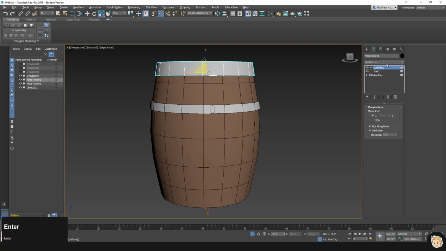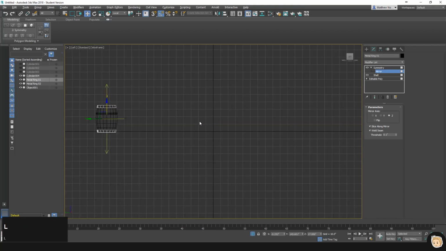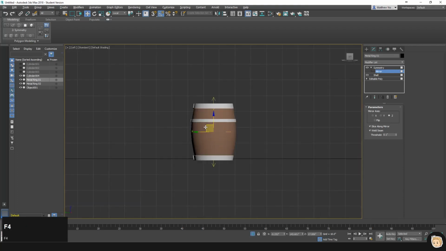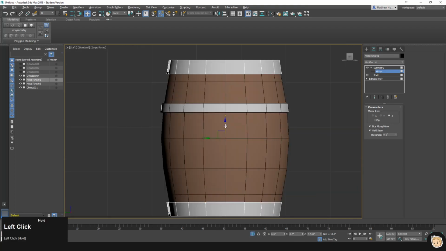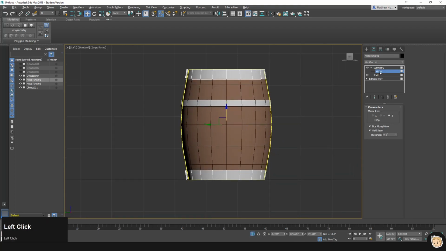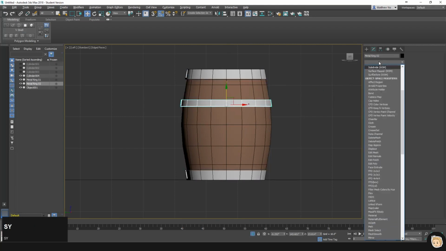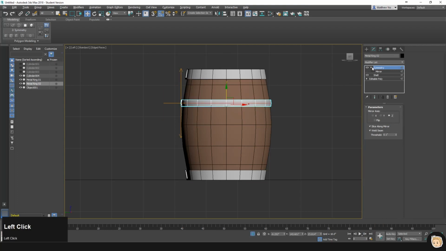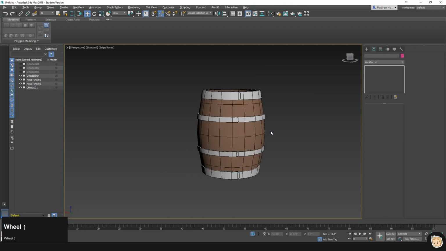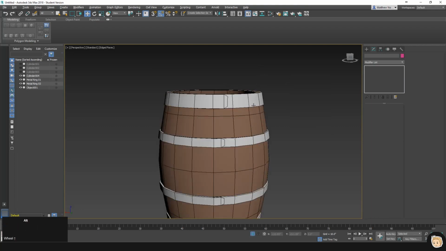Or what I'm actually going to do here is use another modifier called the symmetry modifier, and I'm going to position the mirror of this symmetry modifier in the center of the barrel, so that whatever happens to the top ring will edit down and go on to the bottom ring. I'm going to do the same thing with this middle one. Just drag the mirror down and get it aligned in the middle. And there we go, we've got our four overlapping bands